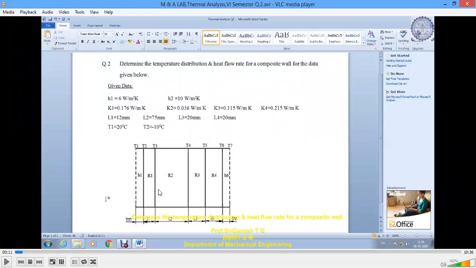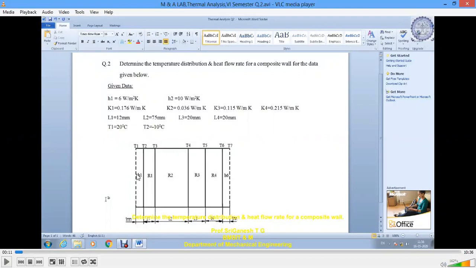Then we have the second layer of the composite wall for a length of L2, the third layer for a length L3, and the fourth layer L4. Finally we again have a convection layer for 1 mm.